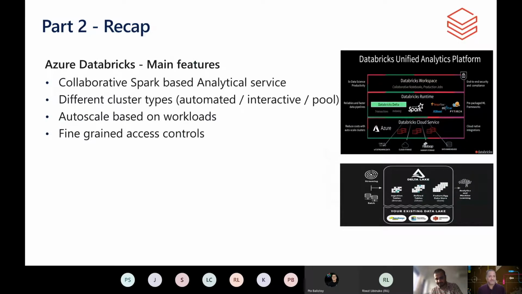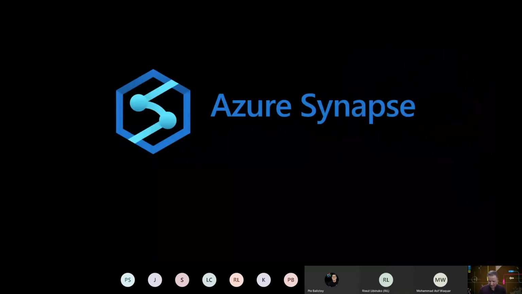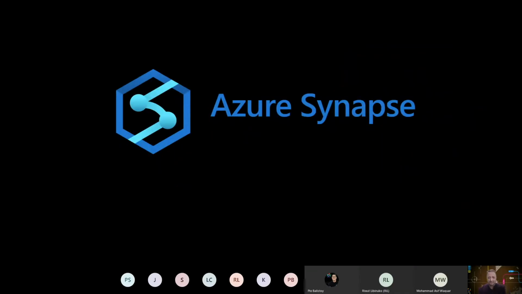In the last one, we covered Apache Spark capabilities using the Azure Databricks service, which is a collaborative Spark-based analytics service. We looked at the different types of clusters that can be created. We also looked at auto-scaling capabilities based on the workload and the fine-grained access controls provided as part of the Databricks service. So let's start looking at the last part, and the most important one I would say,